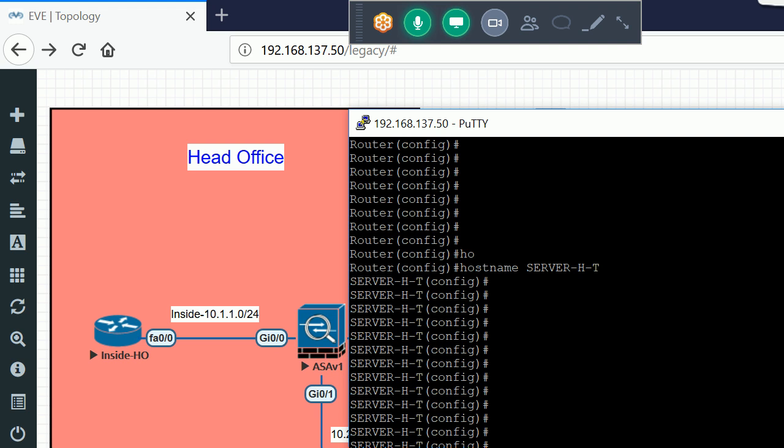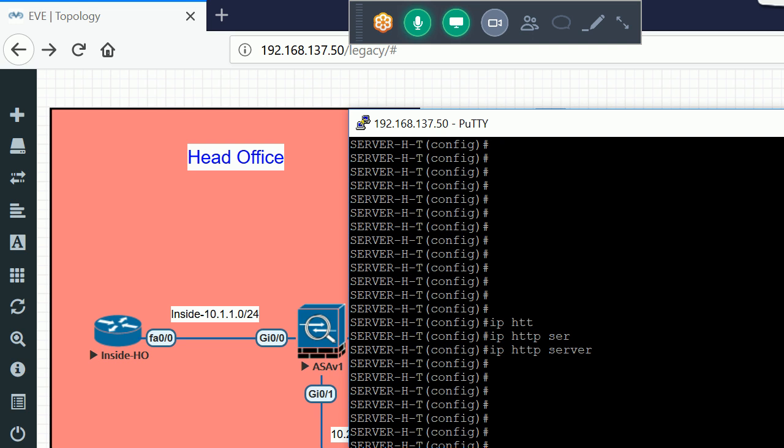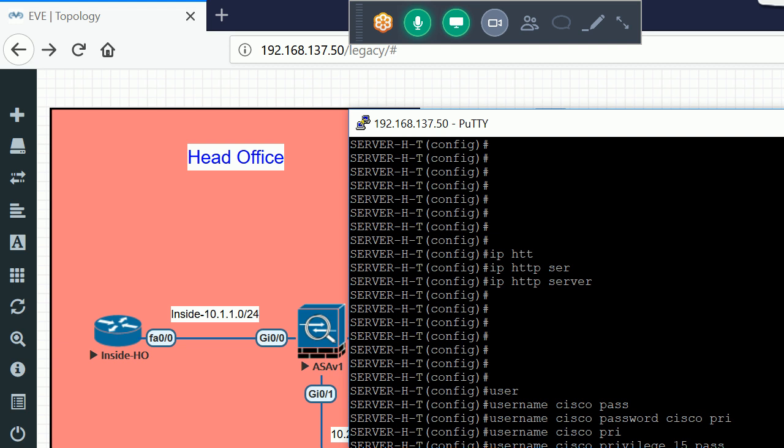If we want to enable the HTTP service on this router, we just run this command, ip http server. We also need to add one username: username cisco privilege 15 password cisco.